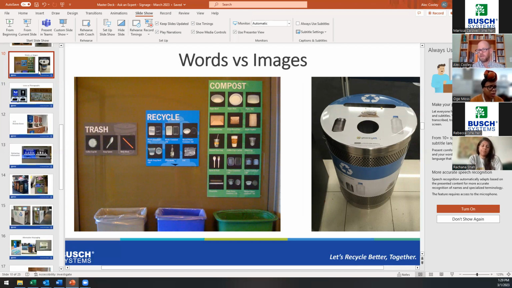And also, English and French are not the only languages that a lot of our passengers coming through speak. So having those words or that text wouldn't really mean much to some people because they may not understand, you know what I mean? So, there's those challenges as well. So I think we've leaned towards pictograms as well because we have